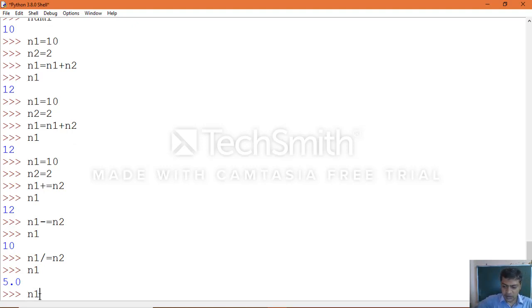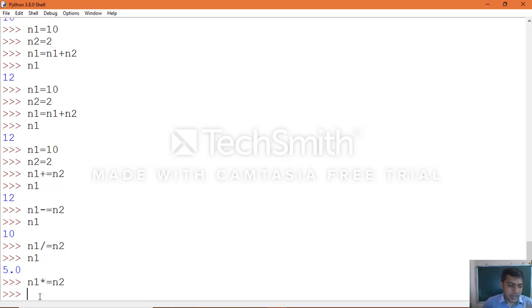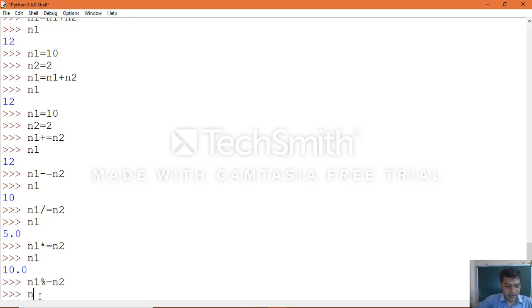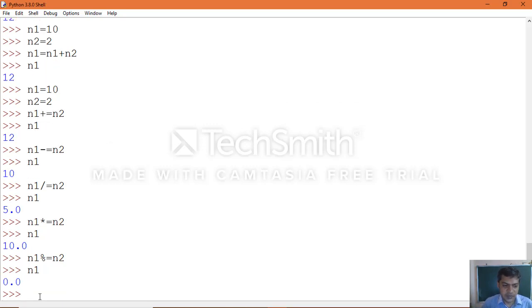Same way for multiplication, n1 equal to n1 into n2, print the value. Like that, you can write shorthand notations. n1 modulus equal to n2 will calculate the result.